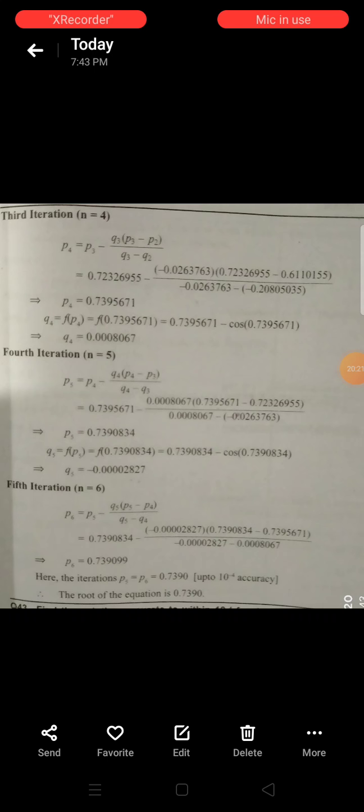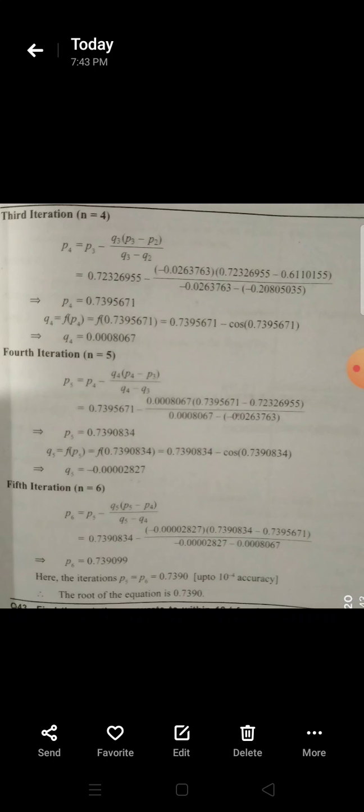Next, iteration 4, n equals to 5. Put n equals to 5 in secant method. P5 is equal to P4 minus Q4 into P4 minus P3 by Q4 minus Q3. Substitute Q3, Q4, P3, P4 in above. We get P5 is equal to